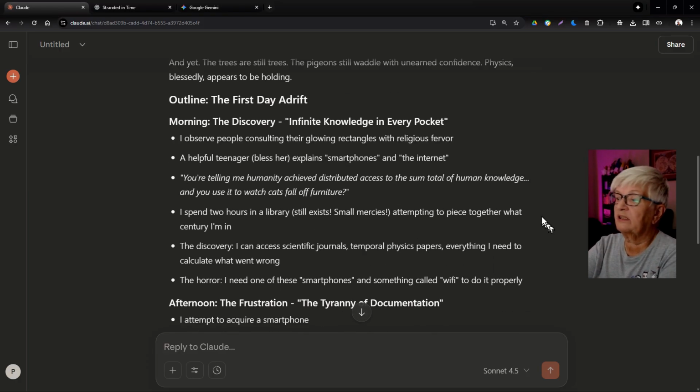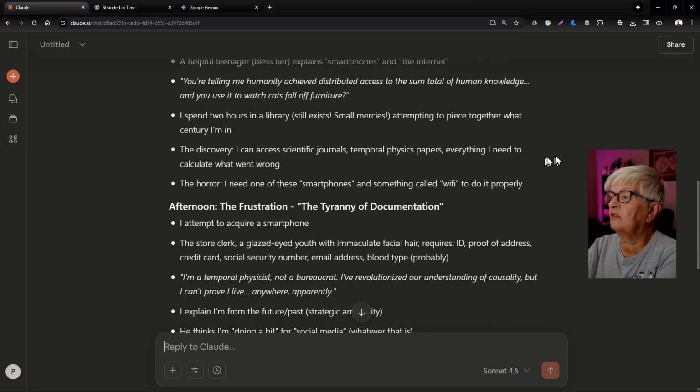And then we have the outline. The first day, morning, the discovery, infinite knowledge in every pocket. I observe people consulting their glowing rectangles with religious fervor. A helpful teenager, bless her, explains smartphones and the internet. You're telling me humans achieve distributed access to the sum total of human knowledge, and you use it to watch cats fall off furniture. I spent 2 hours in a library, still exists, small mercies, attempting to piece together what